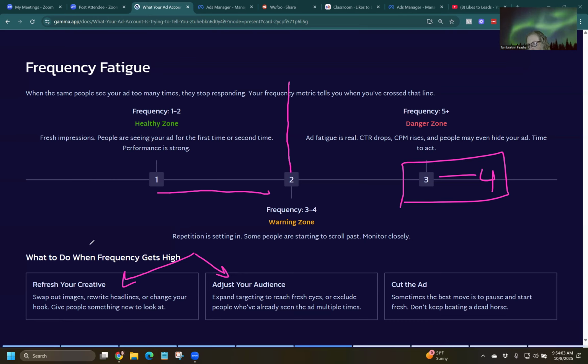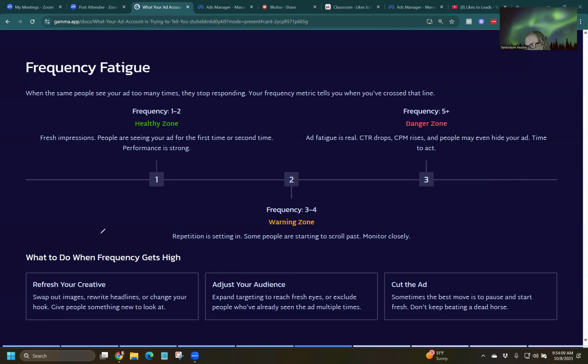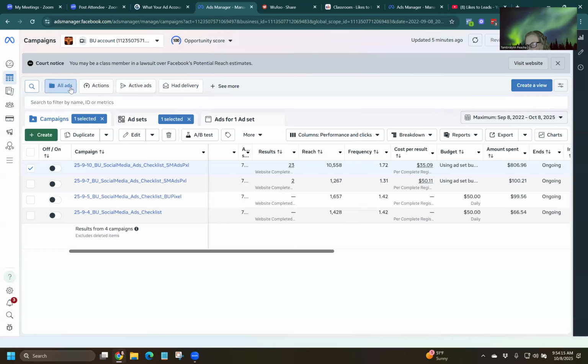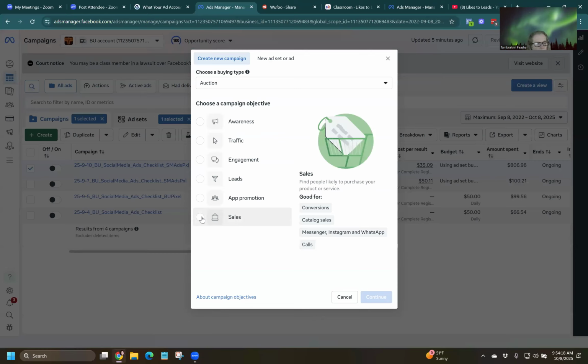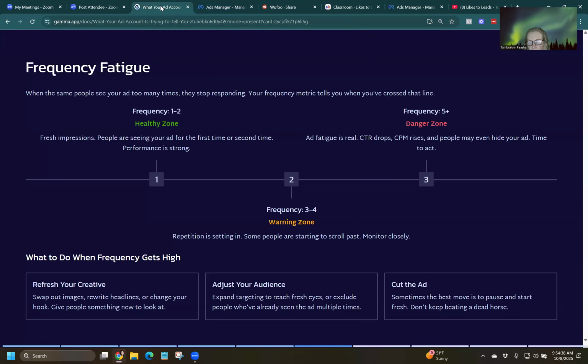Really it's about resetting the ad, or you might turn it off. It just depends on what it is. Basically it's time to refresh the ad. But if you're running a conversion ad, if you're using this objective of sales, your frequency may go to like 4 in days. If it locks into a segment, it'll just keep showing it. So just know that, because it's kind of weird. Even though they think they're doing you a favor, if they lock into the wrong segment, they're just burning through your money. Ask me how I know.